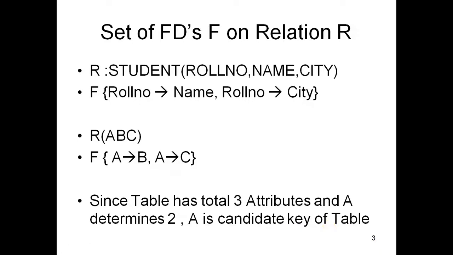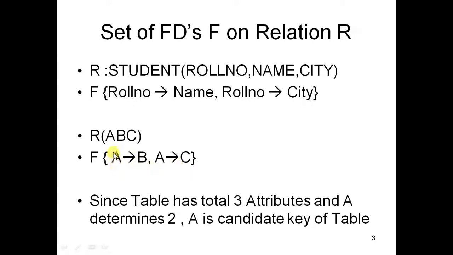Okay, so now you have a different definition of primary key. Till now what we have seen is that a primary key is an attribute which cannot accept null and which cannot contain duplicates. But theoretically, primary key has a different definition, which you can see right here. A primary key attribute is an attribute which can functionally determine all other attributes of a table, or in other words, a primary key is an attribute on which other attributes are dependent for their unique identification. And on what basis have we done this? We have done it on the basis of these FDs.